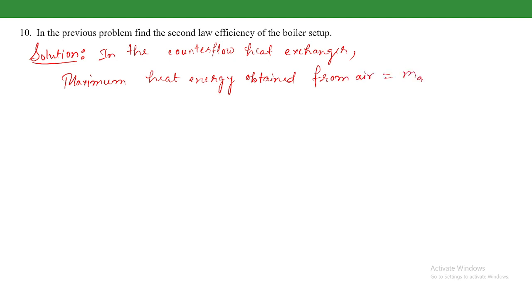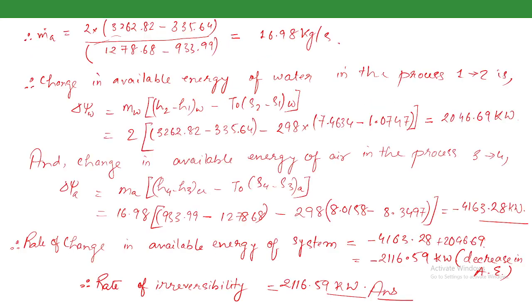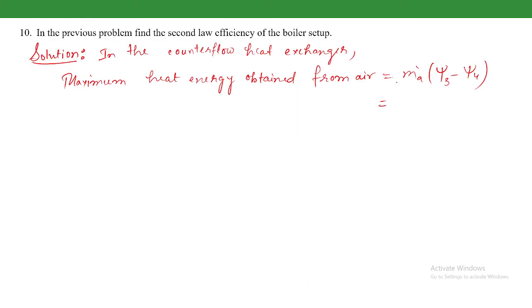is mass of air times psi 3 minus psi 4. That is basically this change in available energy during the process, that is psi a. That comes out to minus 4163.28. We are only taking the magnitude, because this is the energy that is lost from air, so the negative sign would have indicated a loss in energy from air. But since we are obtaining the energy, we are just considering the magnitude, and